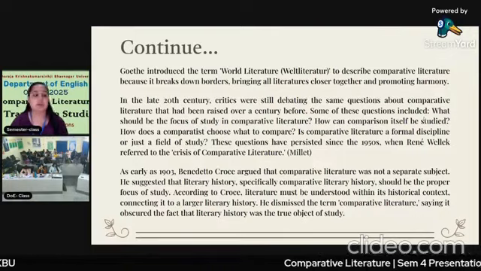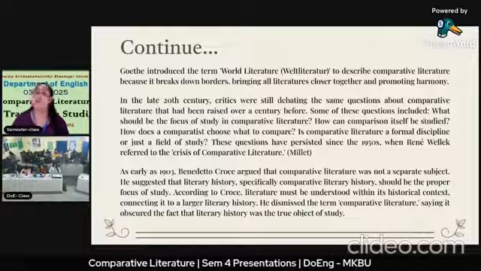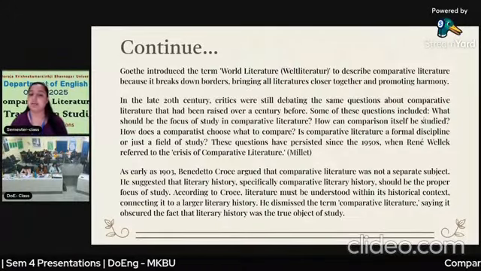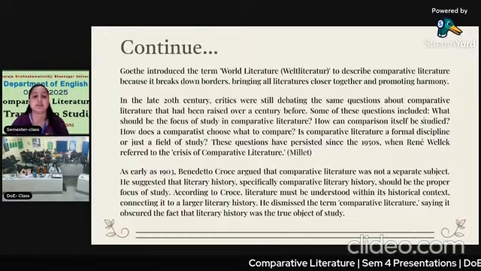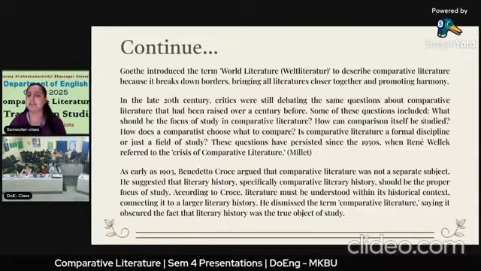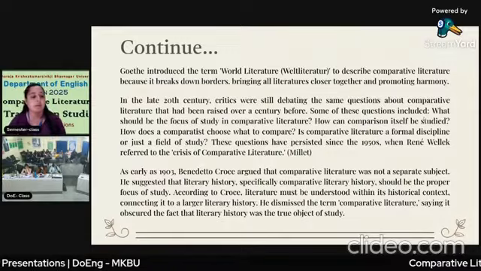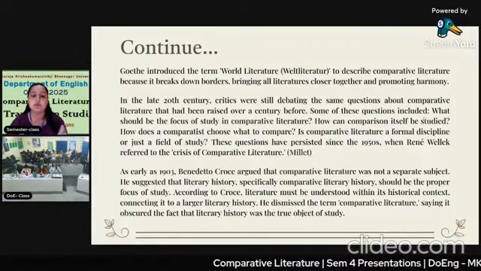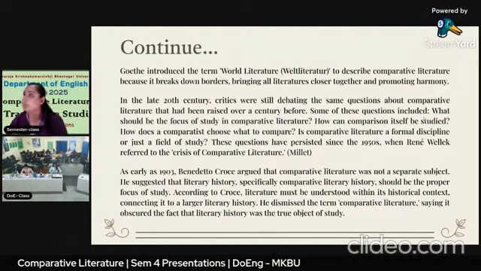And when Wellek referred to the crisis of comparative literature, as early as 1903 Bennett argued that comparative literature was not a separate subject, but suggested that it is art and literary history. According to him, comparative literature should not be the proper focus of study; rather, literature must be understood within its historical context or more than that.